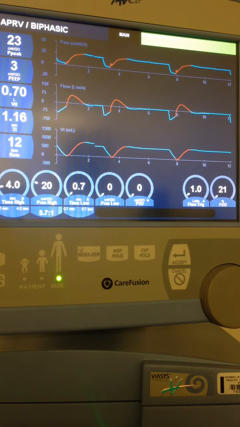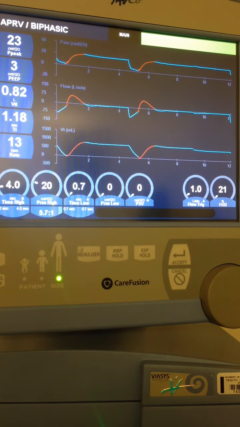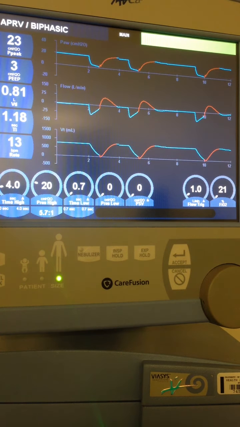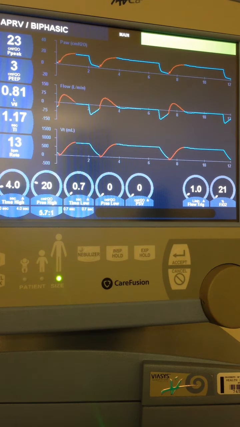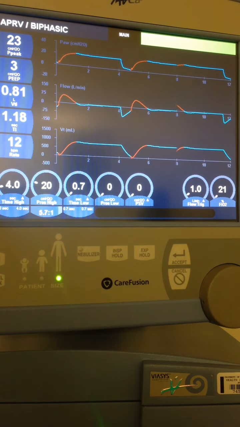Now, when you're in APRV, you do want your patient to be not sedated and not paralyzed. If they need to be slightly sedated for comfort, that's fine, but you want them to be able to breathe on top of this, on these settings. So you can put pressure support in if necessary. Oftentimes you will see no pressure support. So if we look at our tidal volumes, we're getting about 810 mils. We have a PEEP of 3, so we are trapping, which is what we want,